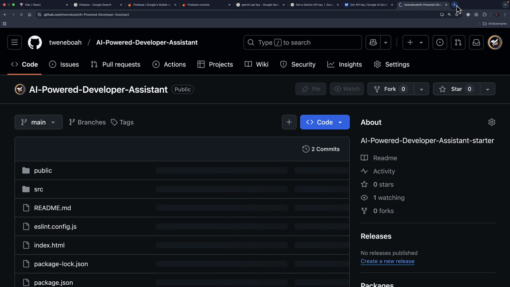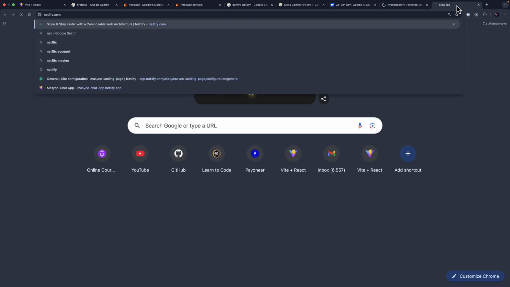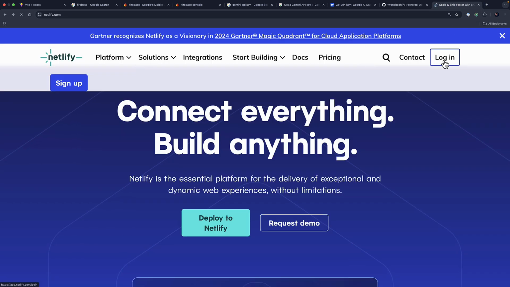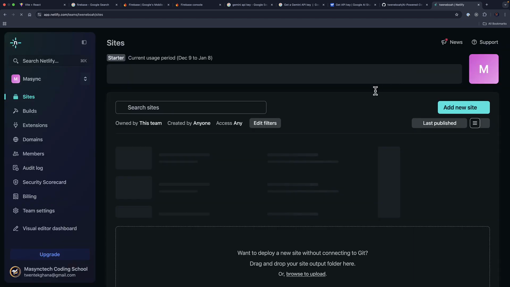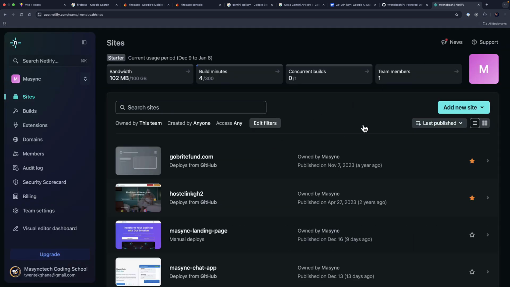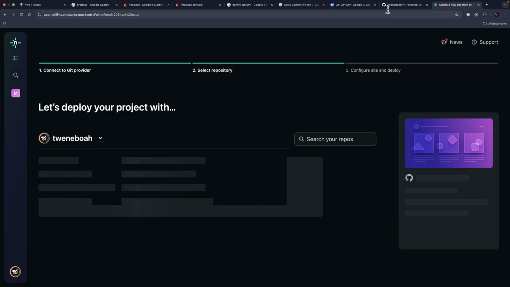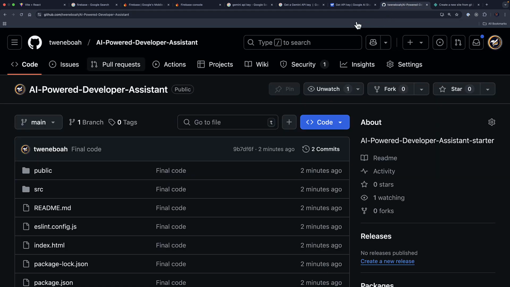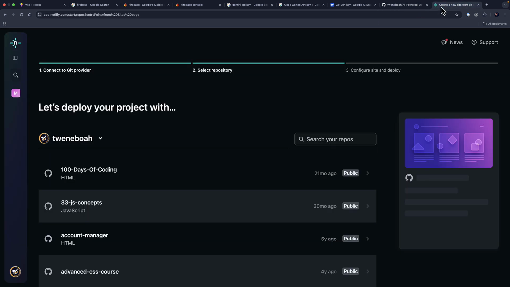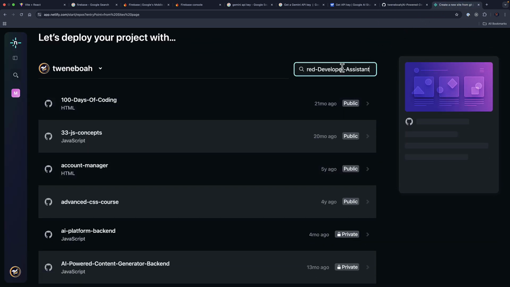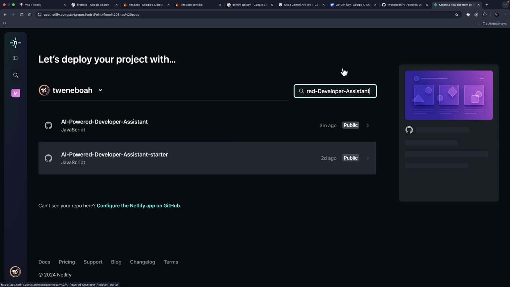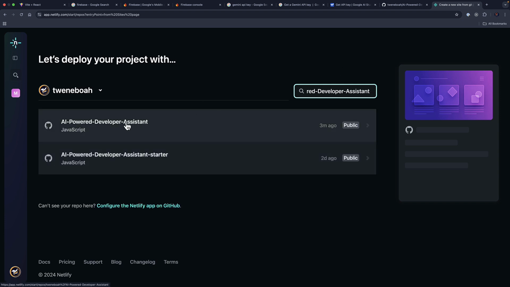Next step is let's visit netlify.com and click on login or sign up in case you don't have any account. And then click on add new site and then import an existing project and select GitHub. We are going to select the project that we pushed to GitHub, which is this one. Copy the name and then back here I'm going to search for that, and then not this one, the first